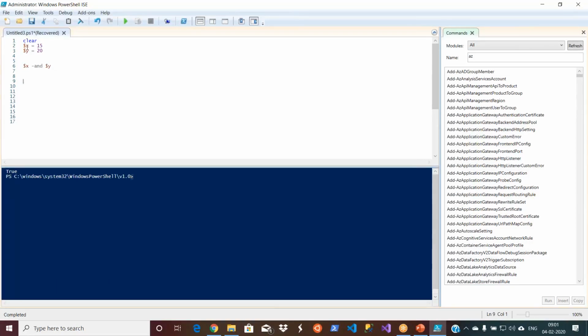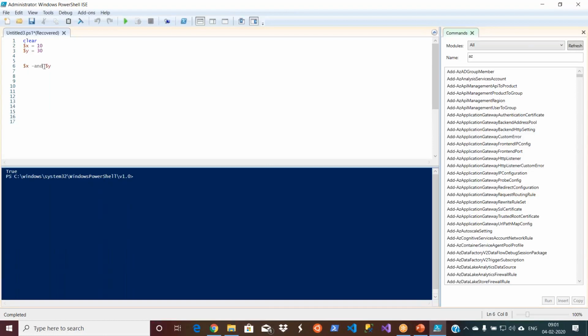The reason is both my $x variable and $y variable are having non-zero numbers. It's not 0. Okay, if I give $x as 0, then you see, false. And let's make it 10 or something, and let's make $y as 0. Again it will become false. If we keep both of the numbers as non-zeros, then it will become true. Means both have to be ones, other than zeros. So that is a logical AND.